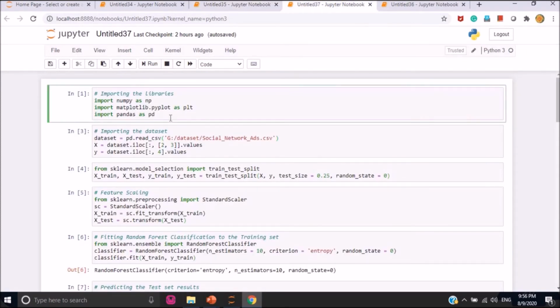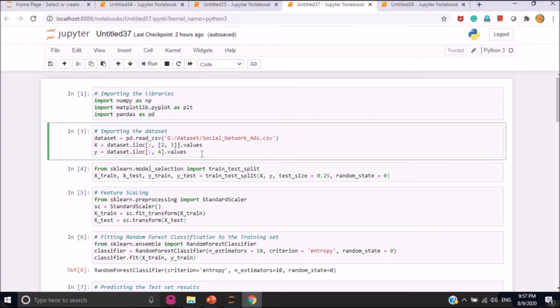The first step is to import the libraries. The essential libraries we have already imported here: NumPy, Matplotlib, and Pandas. These are the essential libraries that we need in the future. The next step is importing the data set into our program and dividing the attributes into the feature matrix and the dependent variable vector.